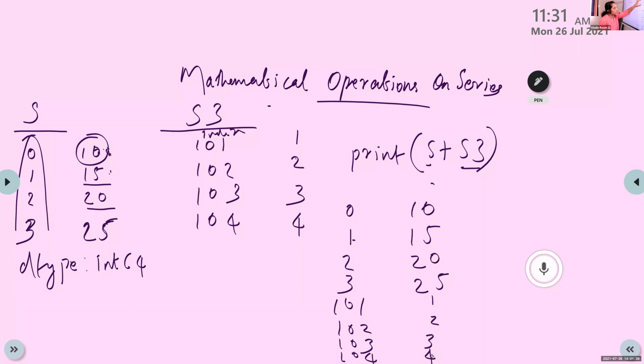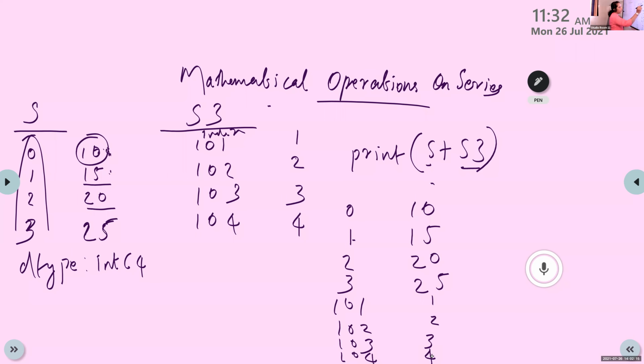Here the operation is S plus S3. But the index of S is 0, 1, 2, 3, and the index of S3 is 101, 102, 103, and 104. So the indexes of S and S3 are different. If they are different, it will just display the content of S and S3 without the addition operation. Here we are asking to add two series, but if the index is different, it will just display the content one after another.